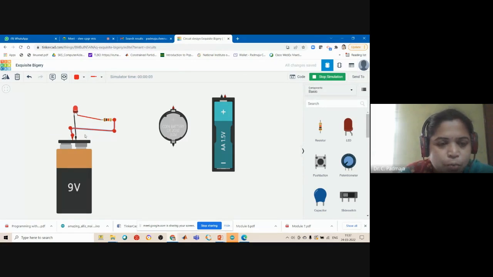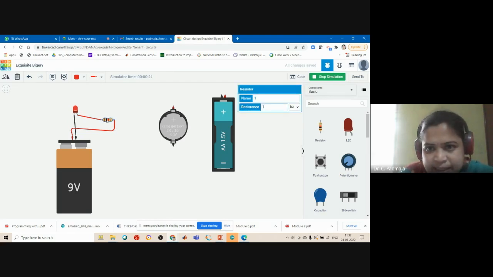Right? So what are the observations here? Now this LED is glowing, right? With the support of the 9-volt battery. And if I click on this particular resistor, it is showing a window. What is the name of that? And how much is the resistance value? So what is the resistance value? 1 kilo ohm. So if I change that to